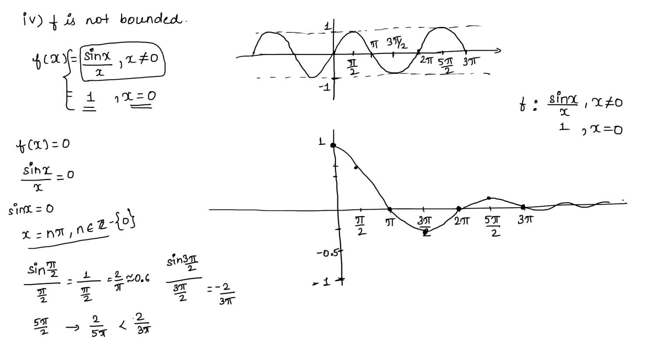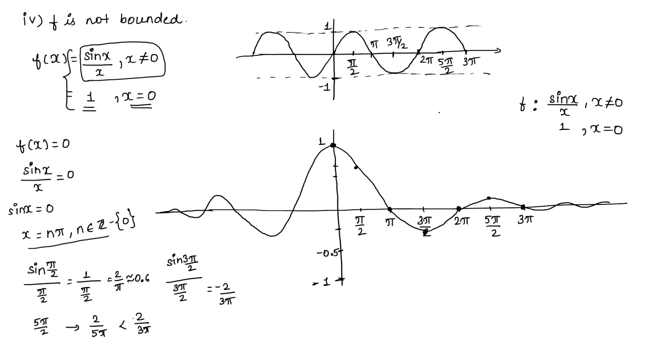Now you can guess that this is how the function will be behaving. As we start moving towards infinity from x is equal to 0, you can see that the function has this wavy nature, and the maximum of this function is at 1. Similarly, when you move towards the left from x is equal to 0, the behavior of the function will be similar, like this. Alright, so now it is time to answer whether the function is bounded.